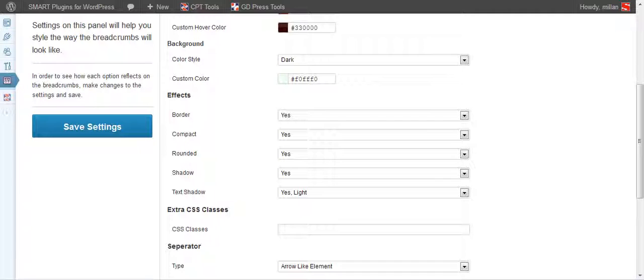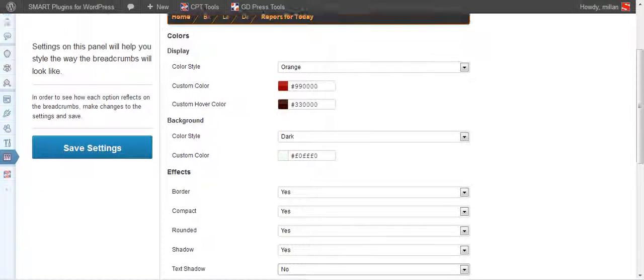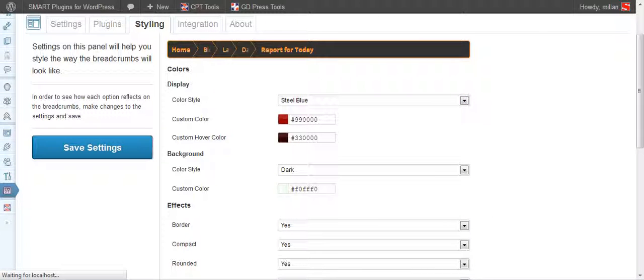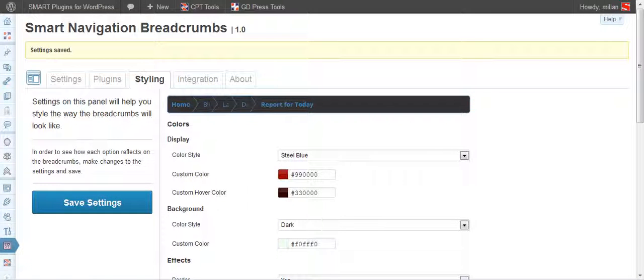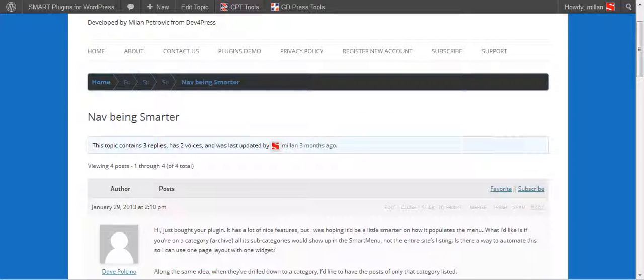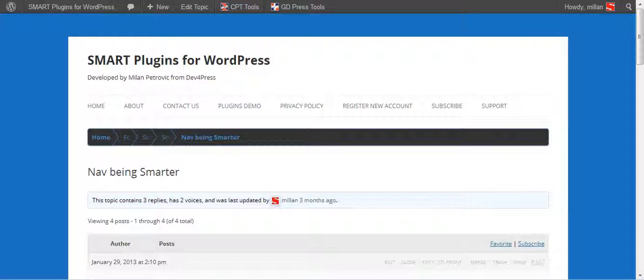Not all style combinations will look best, but that's the way. That's the reason you can set up any style you want and use it like that. And because of that, it's easy to match breadcrumbs to the style of your website.